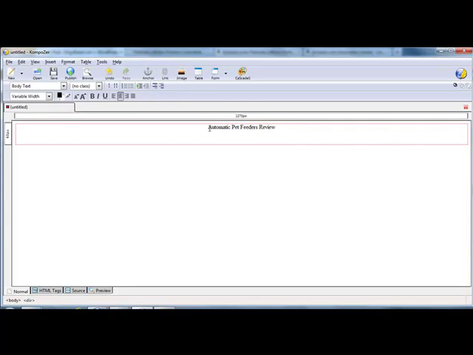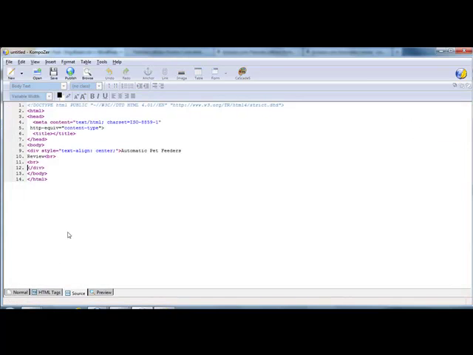So you can go in here to Composer and choose automatic pet feeders review, and what you would do here is go right on over to where it says source. So you've got your HTML page, you put your content on there. This of course is not a video about creating an HTML page. This is just about how to add it into an HTML page. And you're going to go to the bottom here after you're inside Composer, and it's going to say normal, HTML tags, and source. I'm going to choose source,